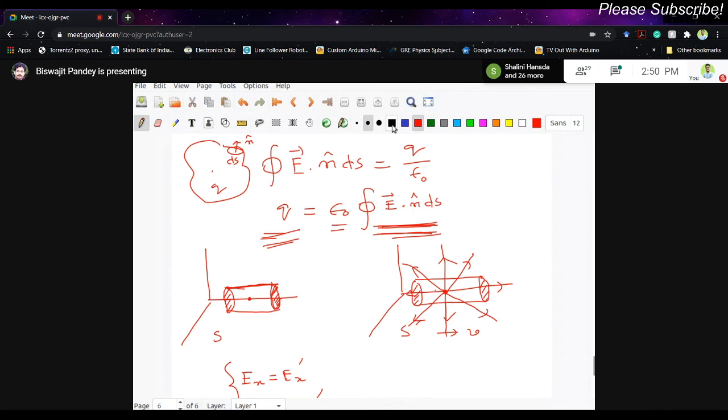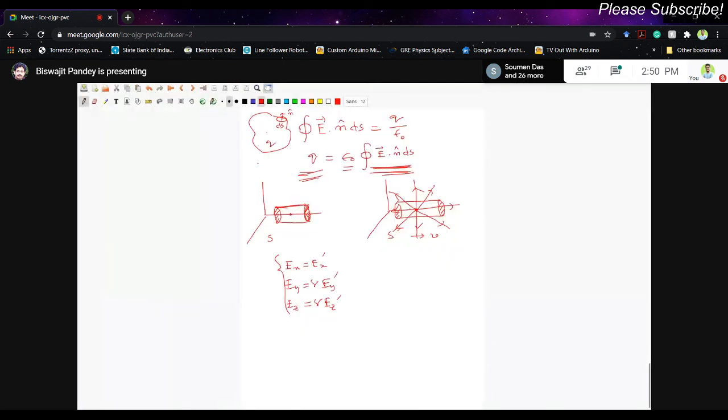The continuity equation is talking about the conservation of charge, right? Of course, what are the quantities involved in the continuity equation? That you have to think. The continuity equation is: del rho by del t,